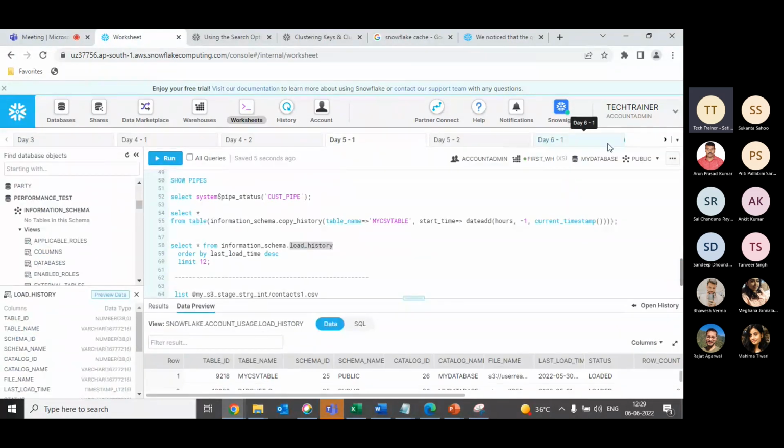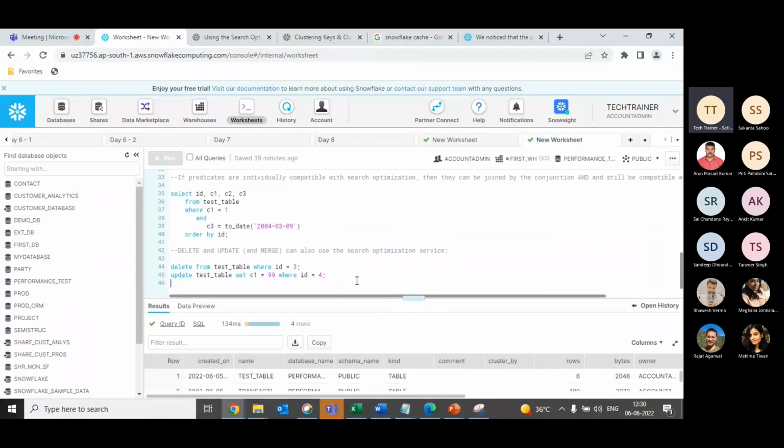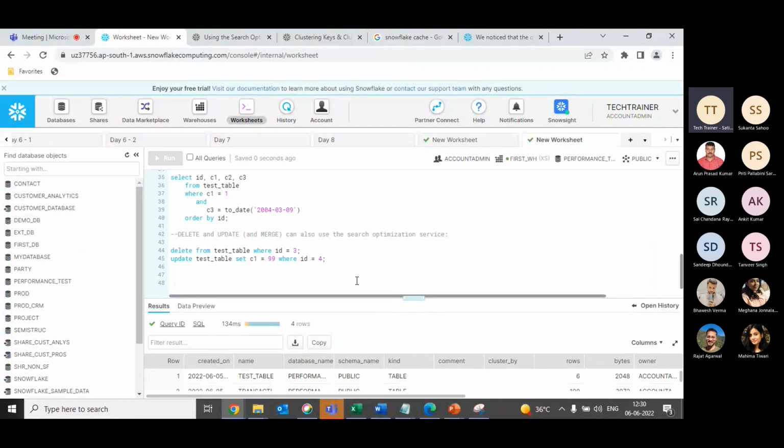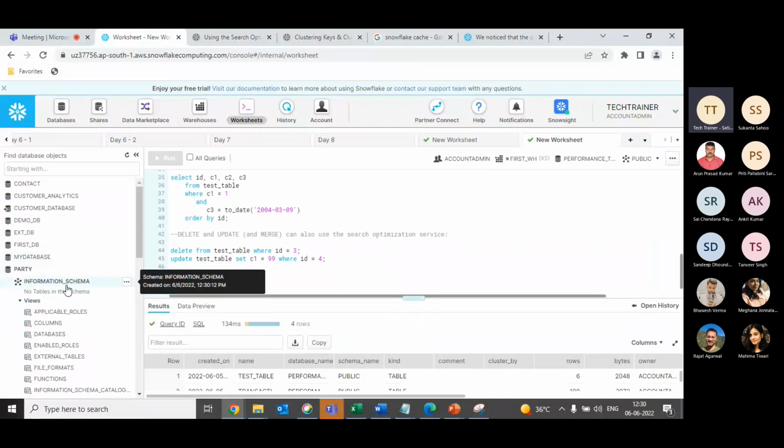Before dropping any database, let me query the information from both information schema and account usage. Probably I will drop this party database. There is supplier. If I go and check the information schema databases,